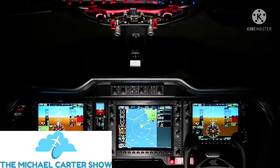The power plant is 2 Lycoming TEO-540-C1A 6-cylinder air-cooled, horizontally opposed, turbocharged piston engines, 280 kW, 375 horsepower each. Propellers, 4-bladed MT propeller, 1.95 meters, 6 feet 5 inches diameter, constant speed, fully feathering propeller. Performance, maximum speed 359 kilometers an hour, maximum cruise speed at 3,048 meters, cruise speed 320 kilometers an hour and 75% power at 3,048 meters, stall speed 120 kilometers an hour with full flaps, never exceed speed 400 kilometers an hour, minimum control speed 126